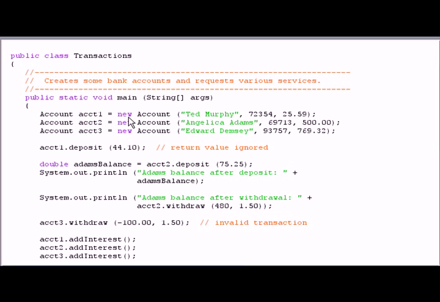acct1, new Account. Here's where we're calling the constructor, and remember the constructor required the arguments for the owner of the account, the account number, and an initial balance. And so that's what we're passing in, those three values. And notice that we're actually creating three instances of the account. And then for demonstration purposes, we immediately use the account1 object dot deposit. So what we're doing here is we're calling the deposit method, and we're passing in